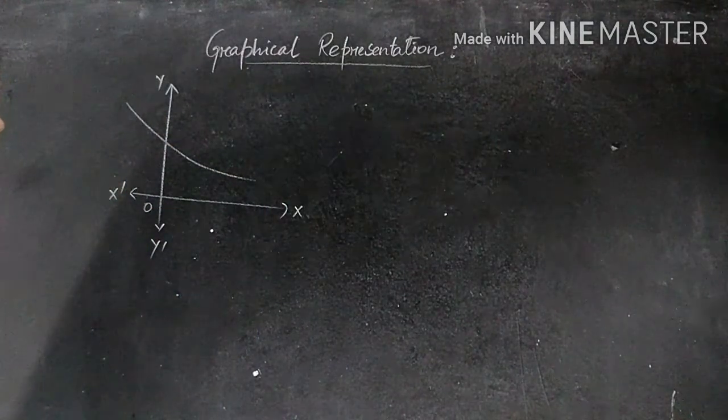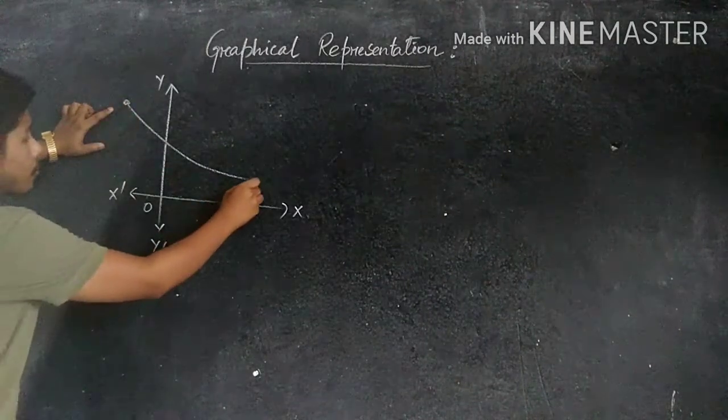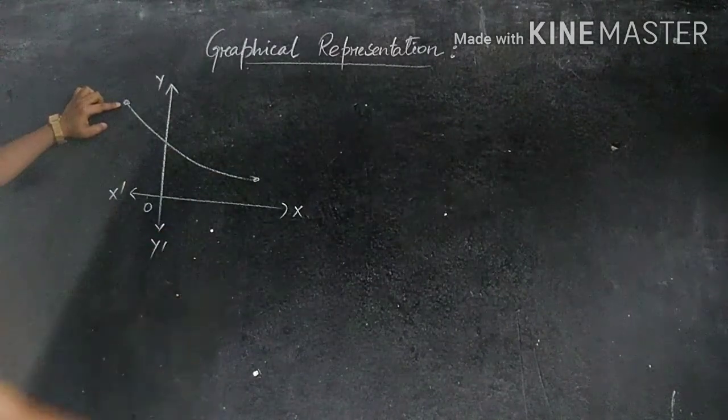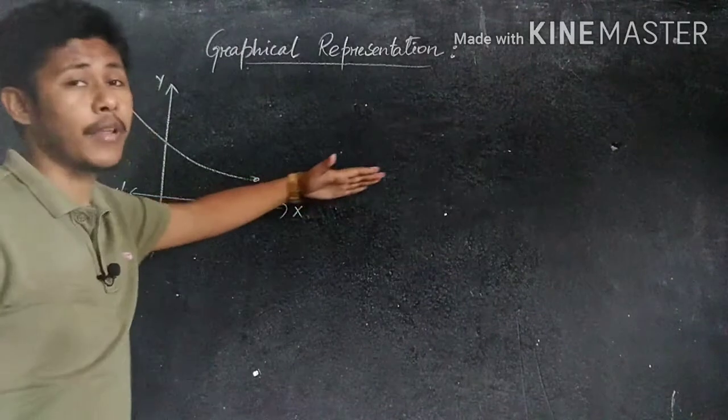So obviously we know what you have to say here. If the starting point is here, always you have to measure from the left hand side, and the graph continuously decreases here.